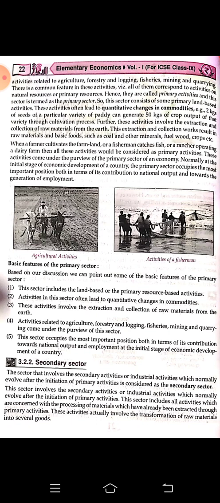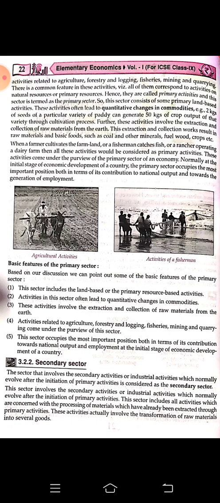And when it is brought to the refinery and gets refined, then petrol, diesel, all these are being made. That is a secondary activity. So first the primary activity will be done, and then the secondary sector will try to modify it. Okay, they will add something, they will transform it into a usable position. The primary sector is only giving us the raw materials, and the secondary is manufacturing something new out of it.